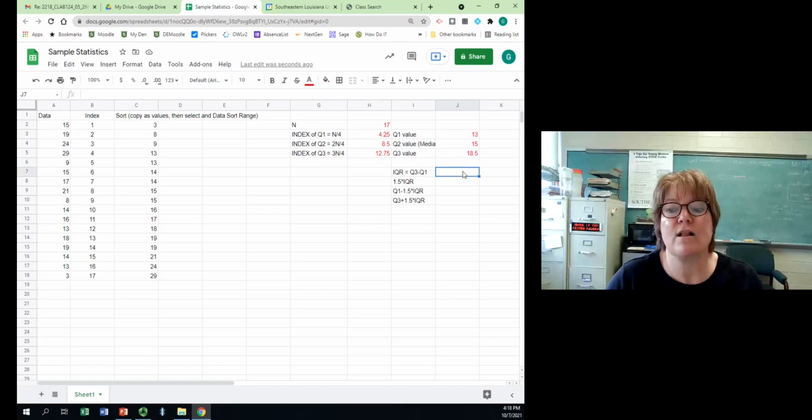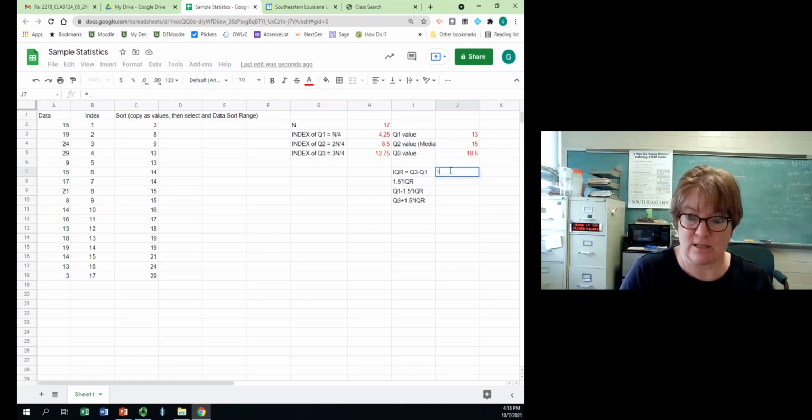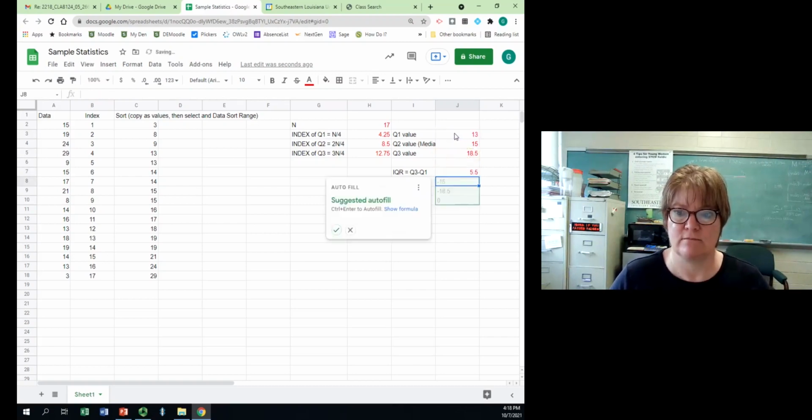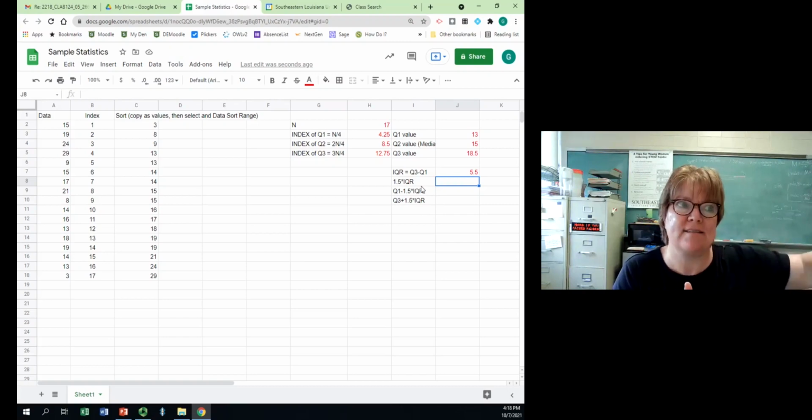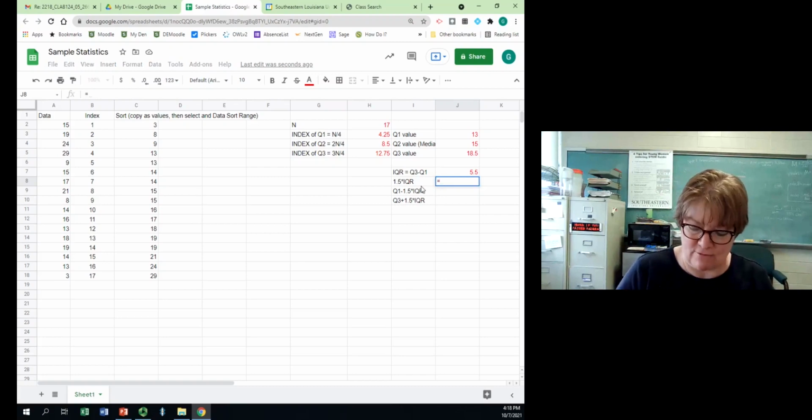My interquartile range is then Q3 minus Q1. So just follow the formula. Equals Q3 minus Q1. Done. I don't want to do autofill. Remember, my outlier is 1.5 times the interquartile range past Q1 and Q3. So first I want to do what is 1.5 times this 5.5,